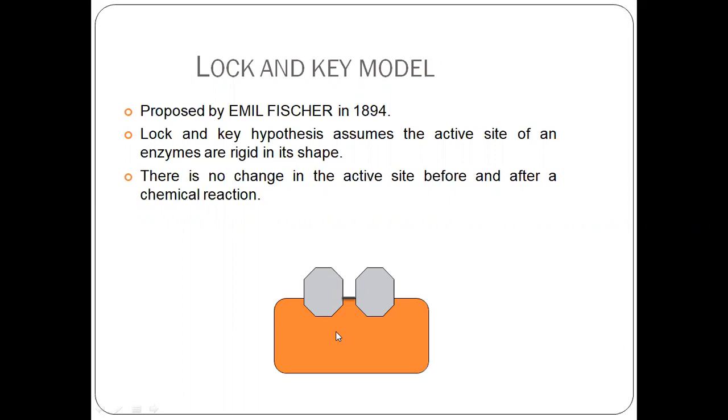But in actual theory, all the enzymes in our body, and not only the enzymes, whatever moiety is present in the body, are always in motion. They are always in a movement form. All the molecules, enzymes and proteins, are always moving in the body. So we cannot consider the lock and key model for an enzyme and substrate. We cannot consider that lock form for the active site of an enzyme.